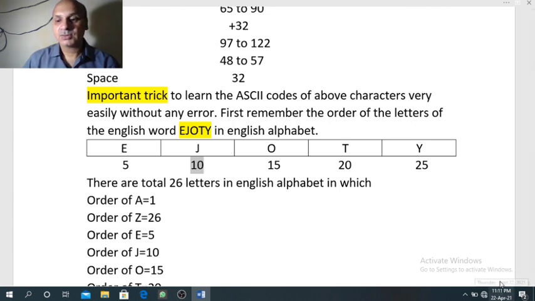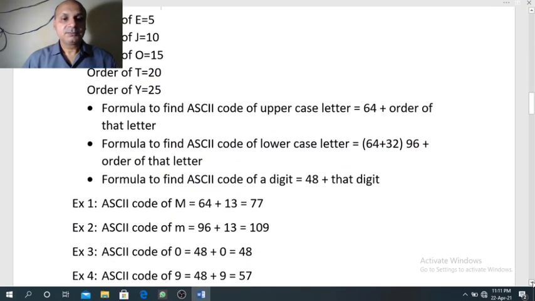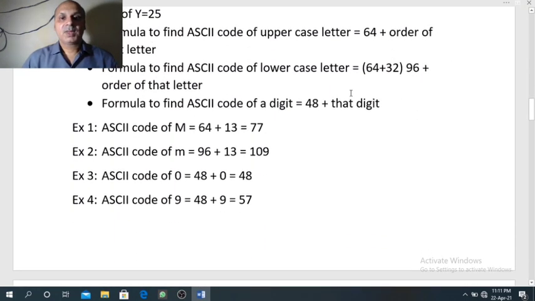It depends on you whether you find the order of M with the help of J or with the help of O. So 64 is the formula and 13 is the order of capital M. So 77 is the ASCII code of capital M.